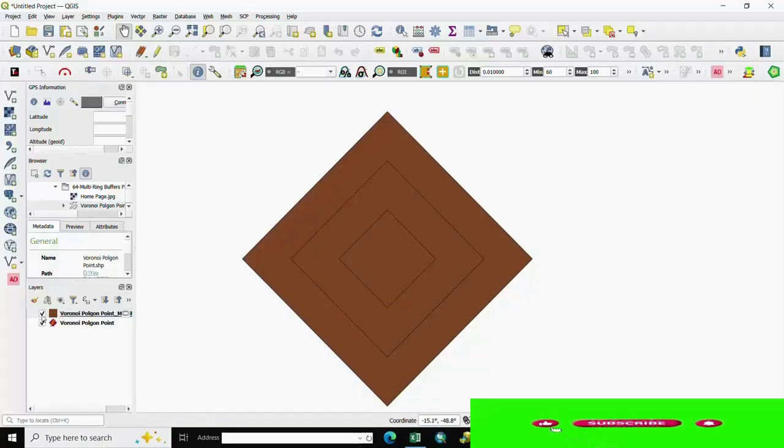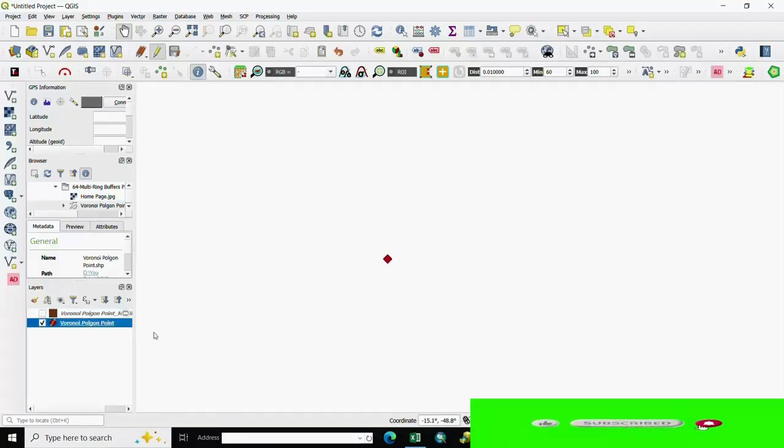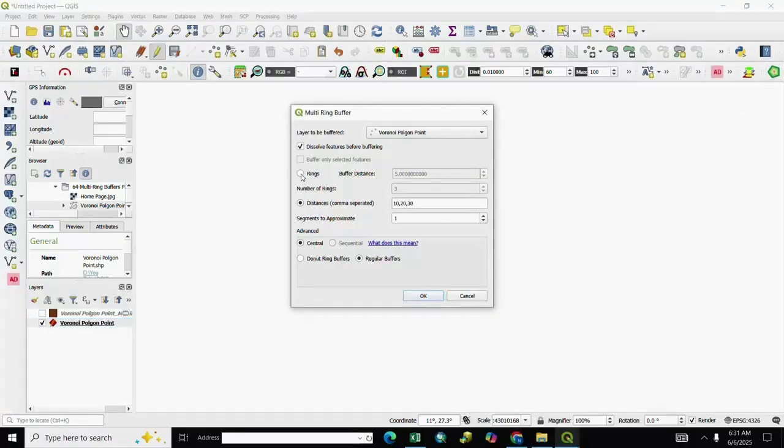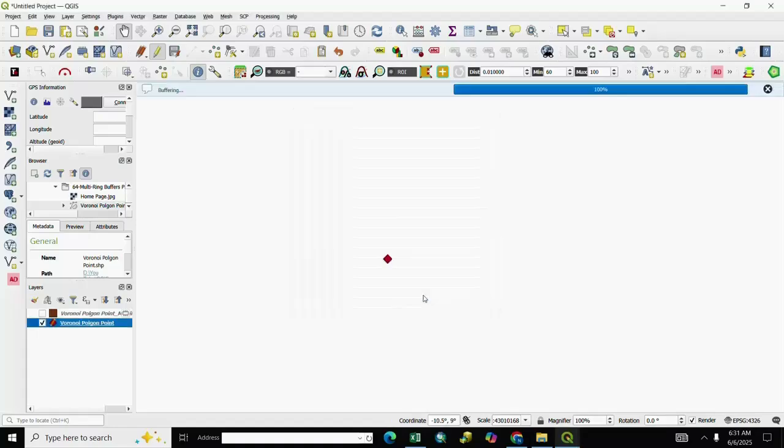And in the next process, we select the point layer, go to buffer and we select here ring distance 10, 20 and 30, segment 2, then OK.